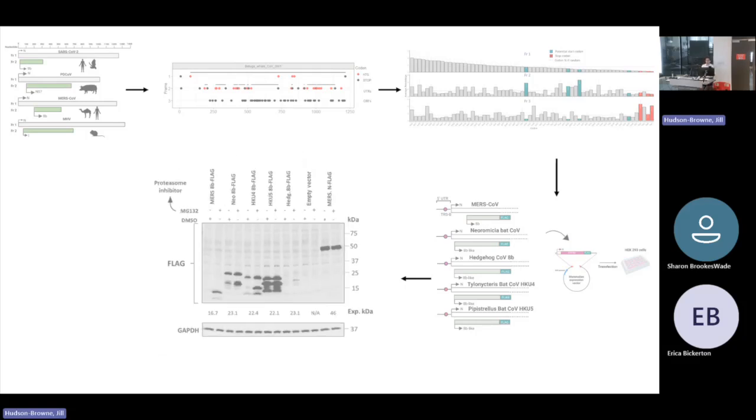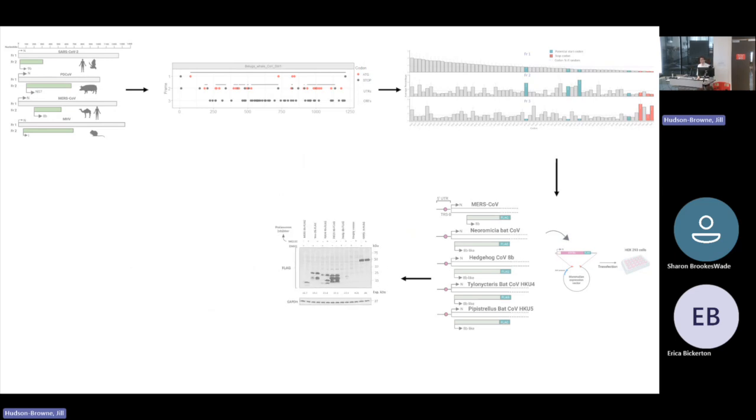Being able to express them, I wanted to see the differences between these proteins and what they were doing inside the cell. So I went to confocal microscopy and,